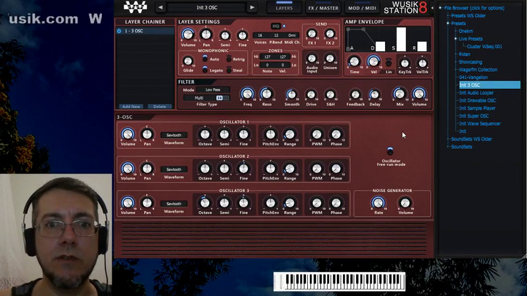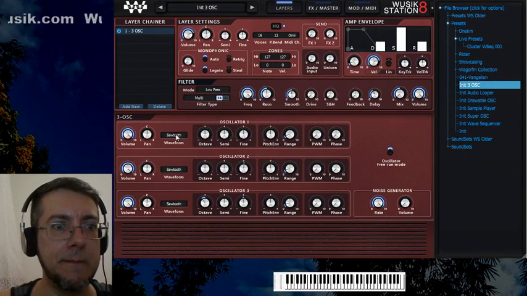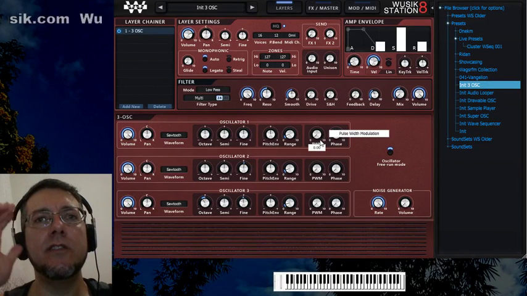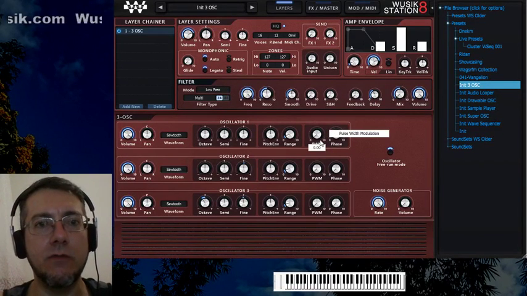So this is the phase modulation of the sawtooth, which is pretty much the same way a pulse waveform works,